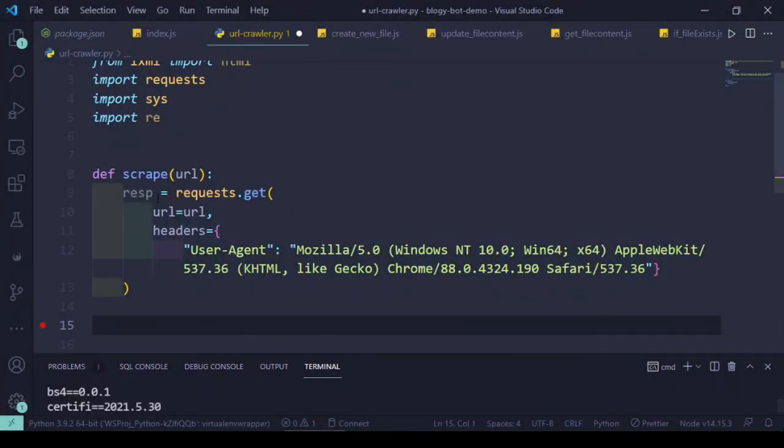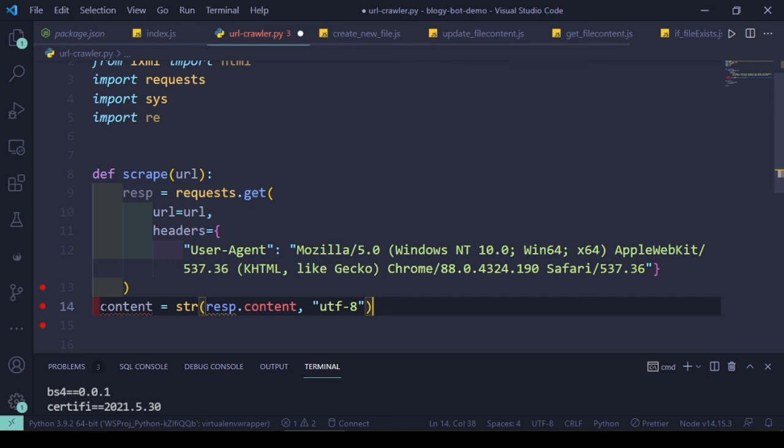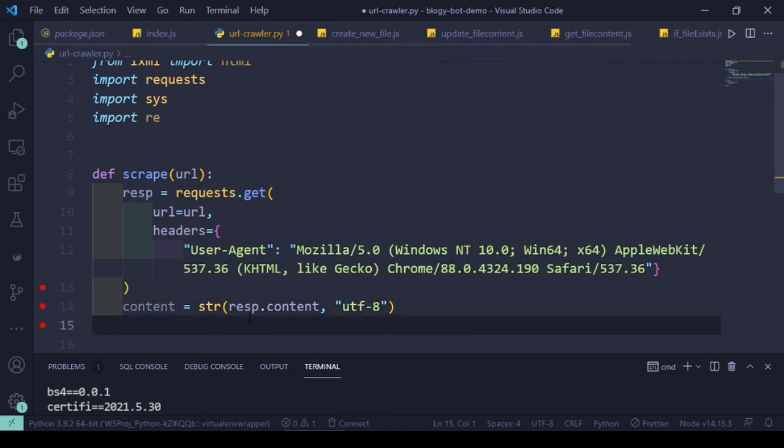Okay, so now we have got the response. Now let's convert the response content I've received into UTF-8 encoding, because some information cannot be properly parsed, and it's better to have it in UTF-8, and put the content into another variable.